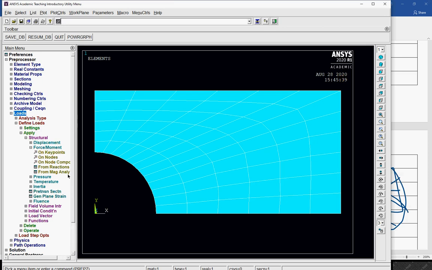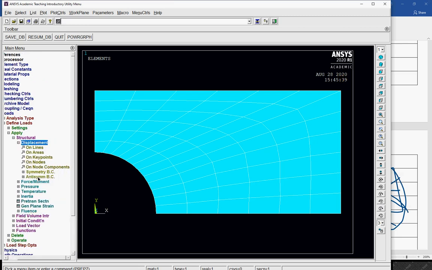Now let's apply the loads. First of all, I need to apply the symmetry load. So I need to search for the symmetric boundary condition.